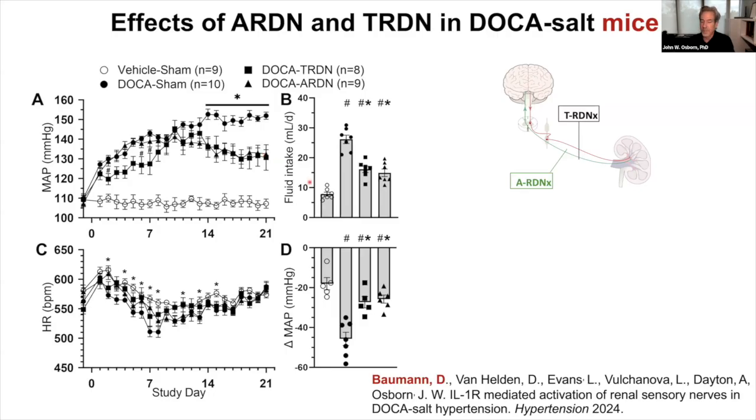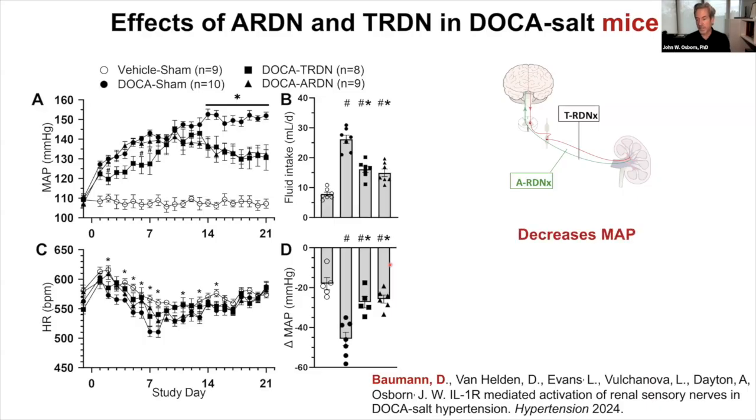I'll mention quickly, because we'll come back to this a bit later, this is the amount of fluid the animals ingest. So these are normal animals. DOCA salt animals, they drink a lot of salt water. That's how they get their fluid intake or their salt intake. Denervating the kidney decreases that, and we'll come back to that a little bit later with Louise's work on salt appetite. I won't go into the details, but this is measuring global sympathetic activity, the response to blocking all sympathetic activity with a ganglionic blocker. It's elevated in hypertension, but if you do the afferent or total denervation, you normalize that. Chris showed that in the rat as well.